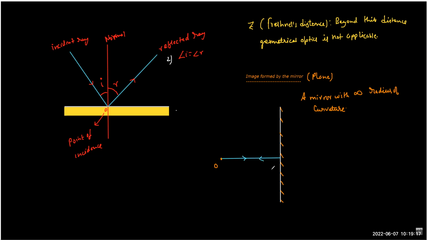So if a light ray hits the mirror exactly at a right angle, the path it will travel is the same path. So it's called the retracing of the path. So this is the incident light and this is the reflected light. I hope this is clear. Yes. But this is not sufficient to derive the image. We need one more light ray, which can assume some angle.